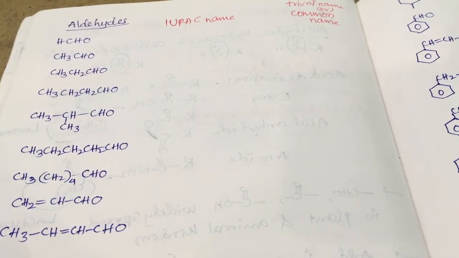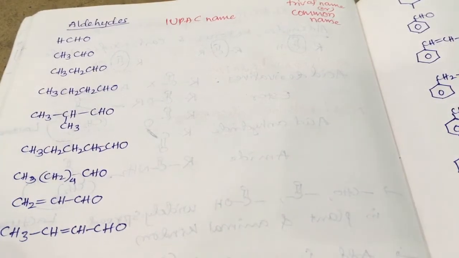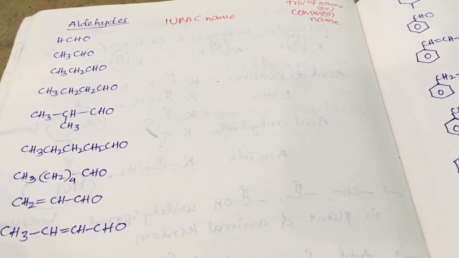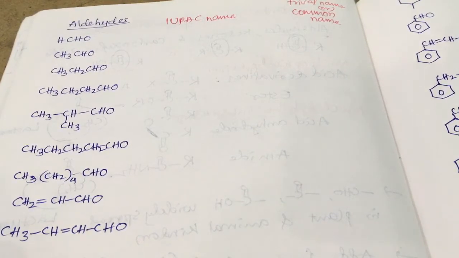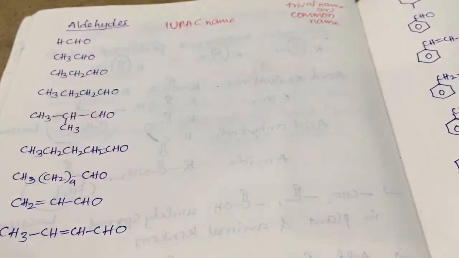Now, if the aldehyde group is bonded to a cyclic ring, then the name first gives the cyclic group, followed by the aldehyde name as a carbaldehyde. Examples are already given, later I will discuss. So the aldehyde group bonded to the cyclic ring is named followed by carbaldehyde. Next, common names of these aldehydes. They are derived from their respective carboxylic acids and their names reflect Latin and Greek languages.